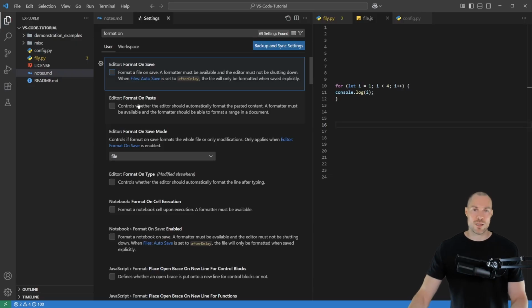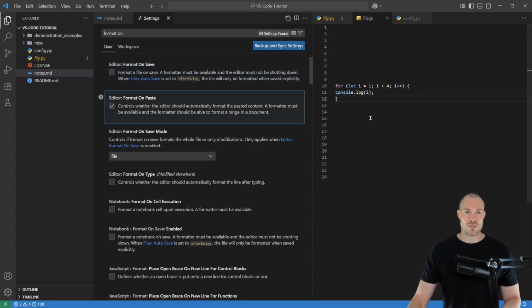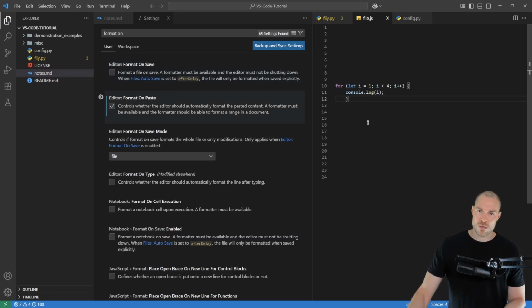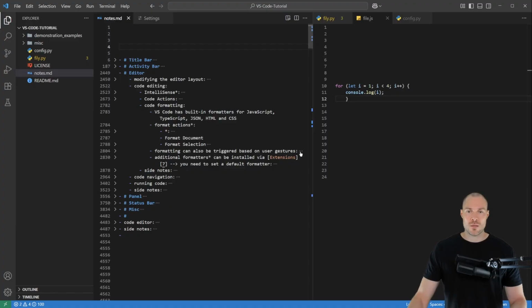Then here is format on paste. To show how that works, let me cut this for loop and now let's simply paste it. Then again, nothing happens. And now if I turn this on and cut it again and then paste it, you can see that it gets automatically formatted. Okay, so this is format on paste. And here I also have a side note, namely,